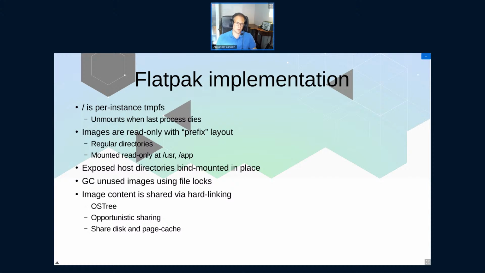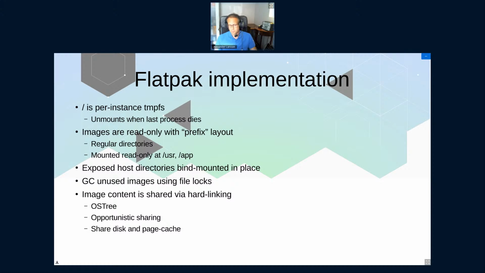And the really cool thing is that we use a system called OSTree, which is a content-addressed store, and everything that is installed in Flatpak is in one of these OSTree repositories on the disk. And that means any file that happens to be identical between two apps or between two runtimes will hash to the same value and thus be shared. And so we get this perfect sharing of files, and then the actual directories that we use as images are hardlink farms back into this repository.